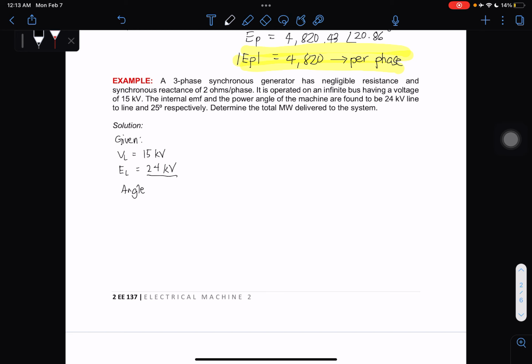Sa 24 kilovolts ni siya, 25 degrees. And first, we need to solve for our phase voltage. Since naka-line man ta, we need to convert to phase voltage. So our 15 kilovolts, so 15,000 volts,